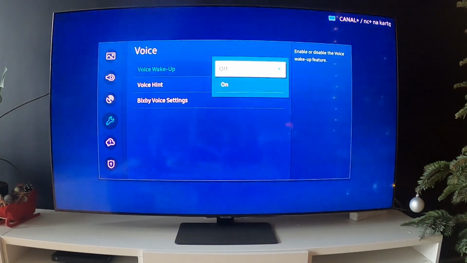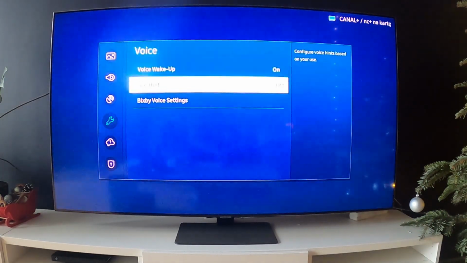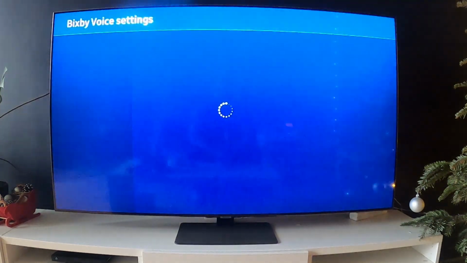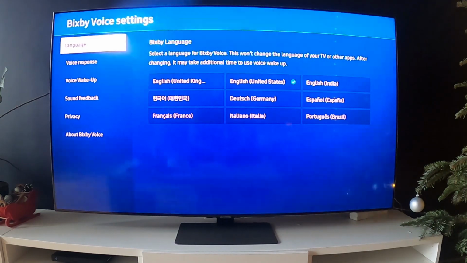Now you can enable or disable voice wake up function, voice hints, and then you can go to Bixby voice settings. In Bixby voice settings, you can change Bixby language,